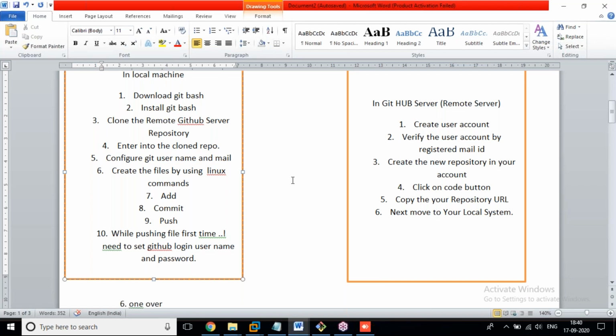By Git, we are not doing that, because Git does not provide these kinds of facilities.